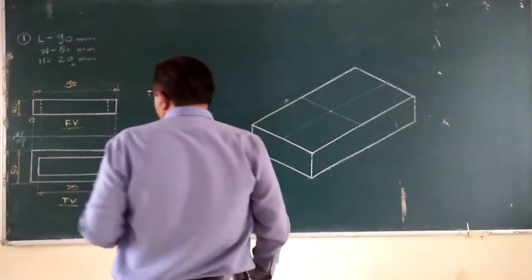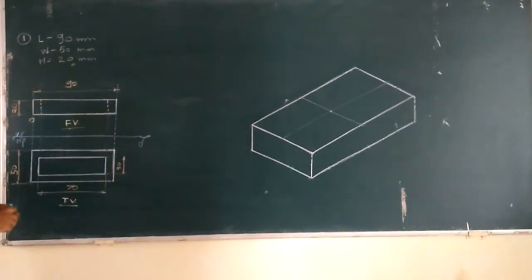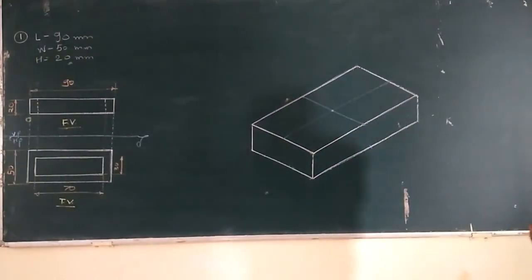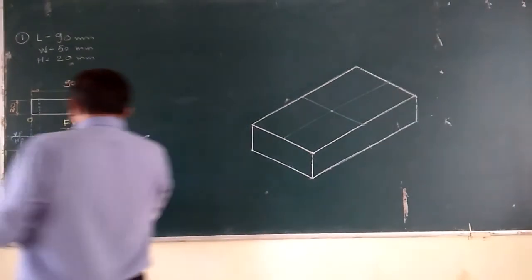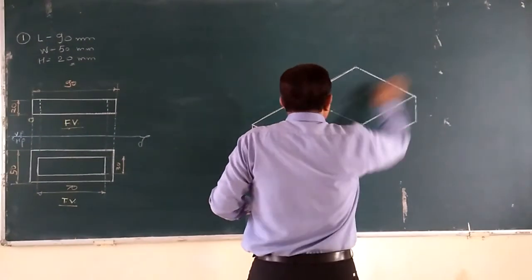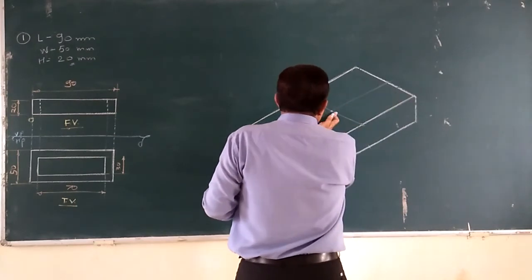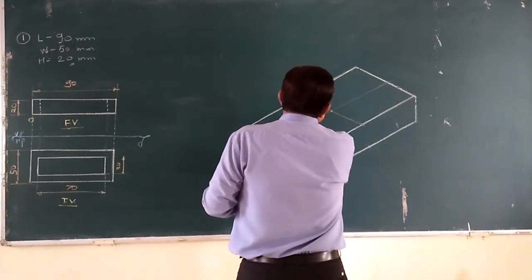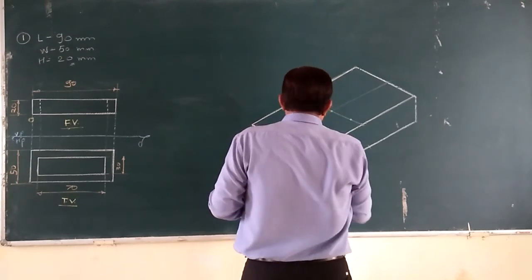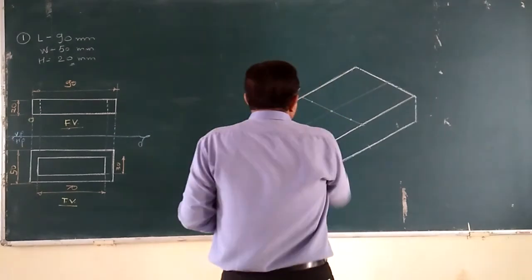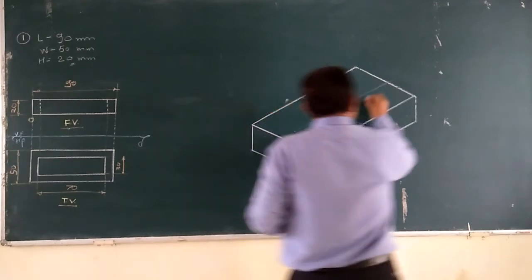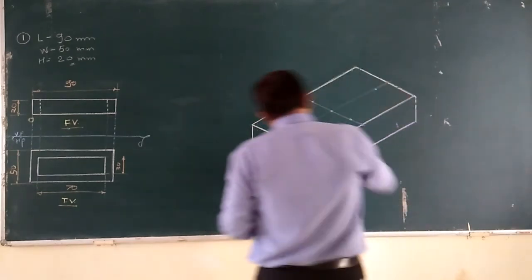Now what do we have to do? We have to mark these corners. We have to create this rectangular shape on this surface. Now, what is the next procedure? How much is the length of the hole? 70. Width is 30. So from the center only, length is on this side 35. And width 30, so 15, 15. Those distances you have to mark. 15 left, 15 right. Approximately I am taking the distance. And 35 left and 35 right. That also I am going to mark.